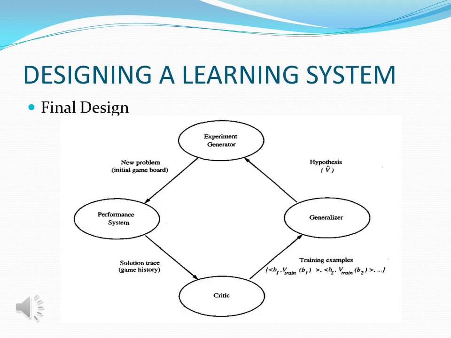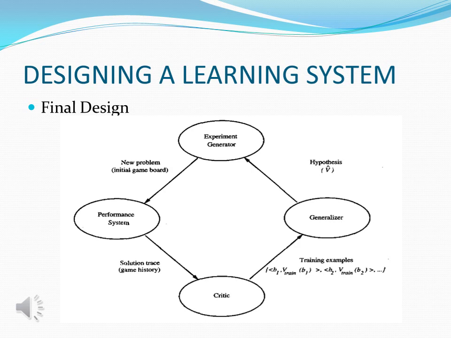Here is the final design for the learning system. It is described by four distinct program modules. First one is the performance system module. It must solve the given performance task. In each iteration, it takes an instance of a new problem state as input and produces a trace of its solution as output. For example, in the board game, it gives V cap as output for each given state as input.